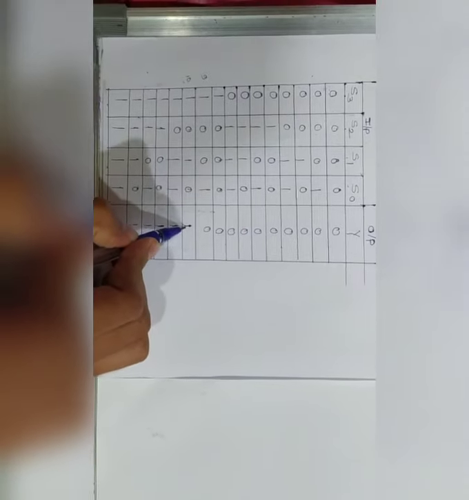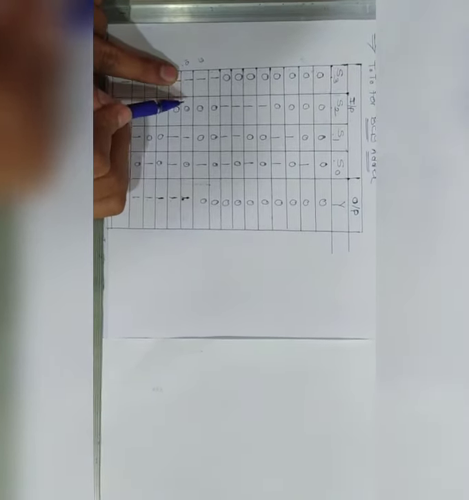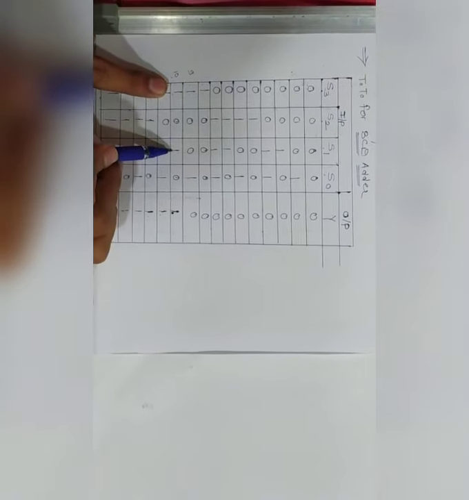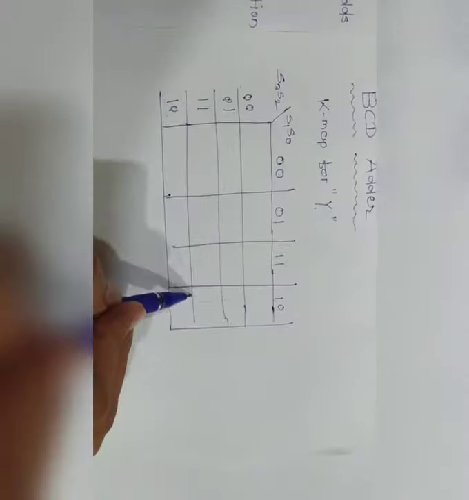Move on to the truth table, right? Now for this I just want to put this one where I'm putting this one. For this combination, when S3 is equal to 1, S2 is equal to 0, S1 is equal to 1 and S0 is equal to 0, that means 1 0 1 0. Okay, now here is 1 0 1 0. Okay, combining these two boxes.